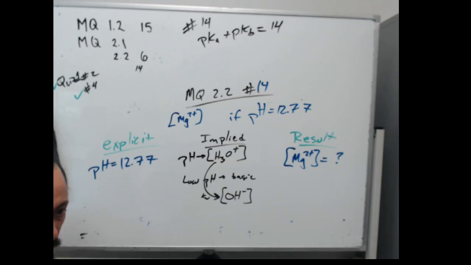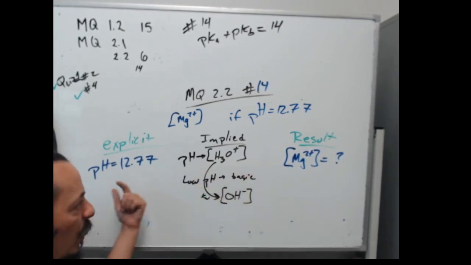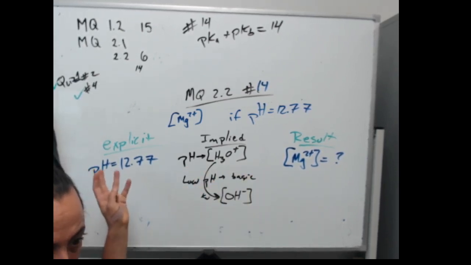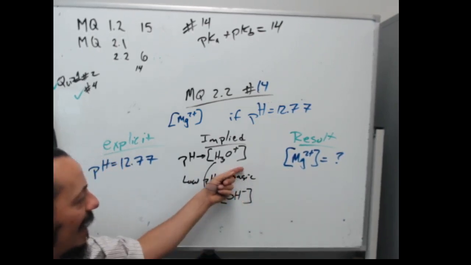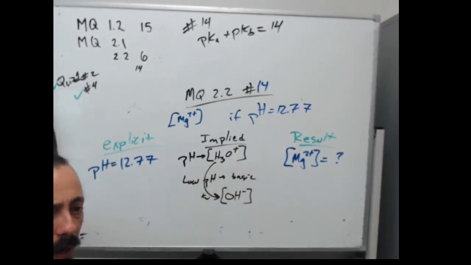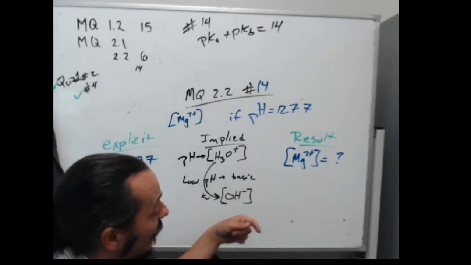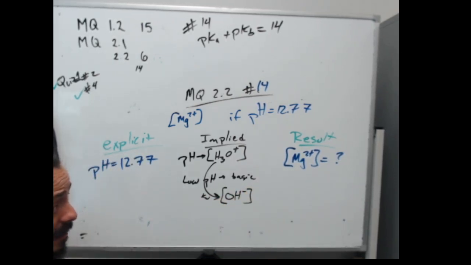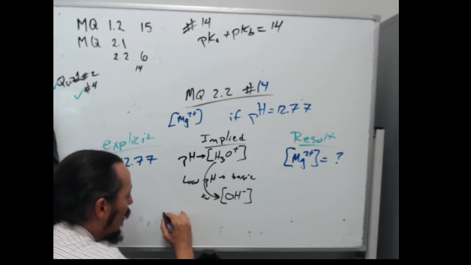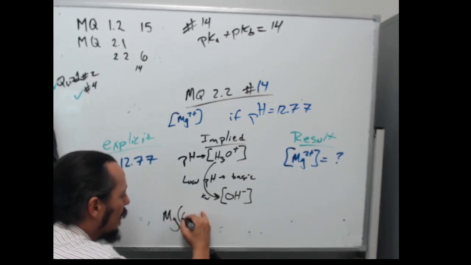Which things might interact with each other? Magnesium hydroxide. Magnesiums and hydroxides. The hydroxides and the hydronium could interact with each other, but we've already got a stable pH, so that's already happened. The magnesium ions and the hydronium ions are both positively charged, so they push away from each other. The magnesium ions and the hydroxide ions might interact with each other. So then we go ahead and we say, okay, well, what is